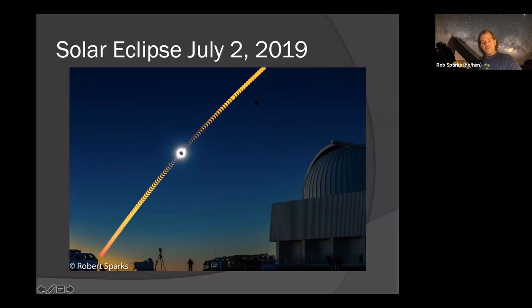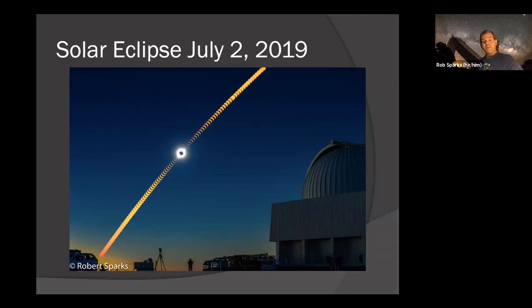This was done with a program called Solar Eclipse Maestro. It's a program for Mac only. It's not available for Windows. And unfortunately, it's only a 32-bit program, so it only runs on older versions of OS X. But it was a great program, and that's a nice thing about this one: I did not have to touch the camera for this entire sequence.